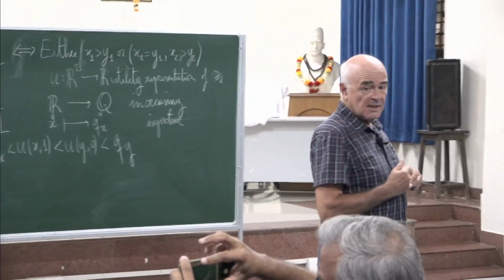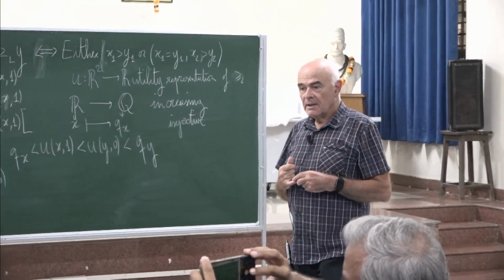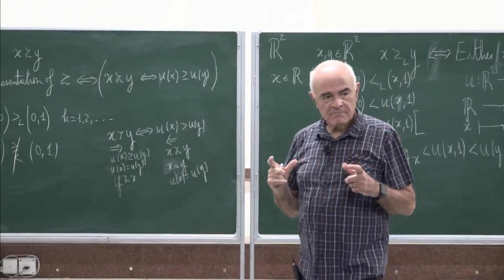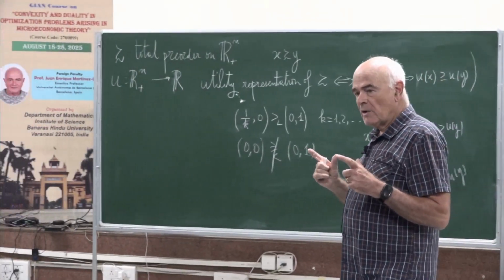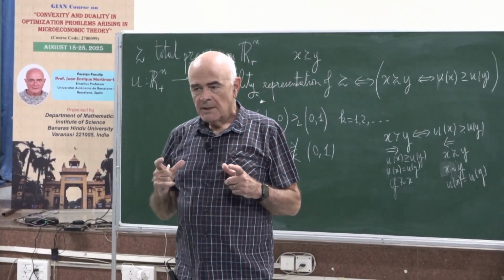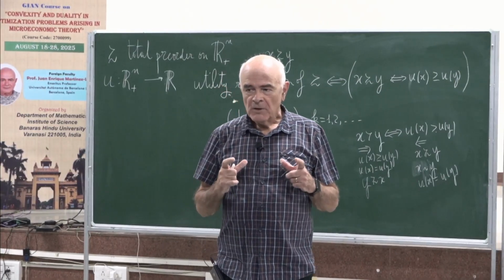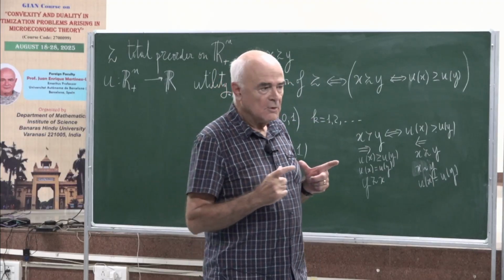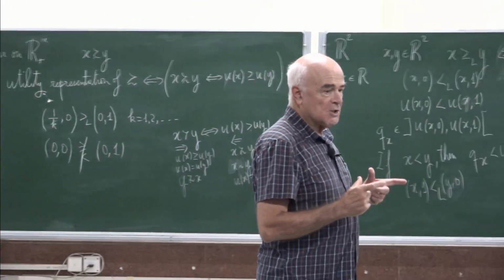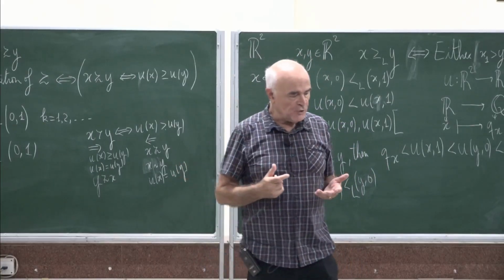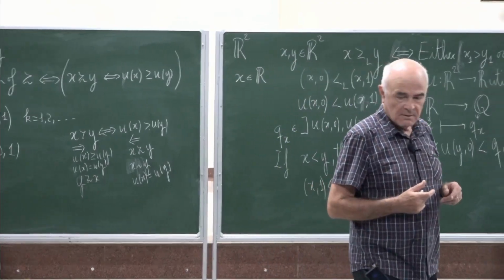One of them is that in Rn, up to an isomorphism, the lexicographical order is the unique total order compatible with the vector space structure of Rn. So let me give you some details. I'm not going to prove it, but